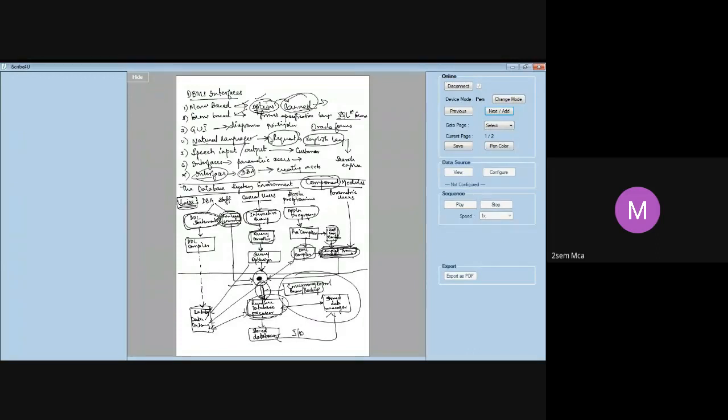Now, while it executes these queries, it cannot simply execute on its own. It requires supporting utilities, is it not? So what does it make use of? It will make use of a data dictionary. It will make use of the catalog to understand what the query is all about. And then it makes use of concurrency control, because queries may be getting executed simultaneously. It makes use of recovery.